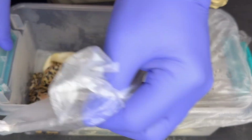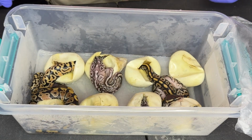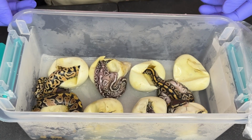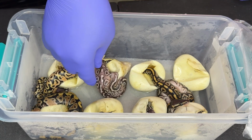When we discuss hatchlings, it's important for us to note the average sizes, right? So the average size of a hatchling that's born is from 60 to 100 grams. Now that's the average healthy hatchling. Now, of course, there can be some born larger than that, and there can be some born smaller than that, which I'll show in this video, because that's one of the reasons why I think we're having an issue, but I'm not sure. You know, you breed a male and a female, and you just never know what kind of kids you're gonna get. But in particular, those hatchlings we're looking at from anywhere from 0 to 3 months,